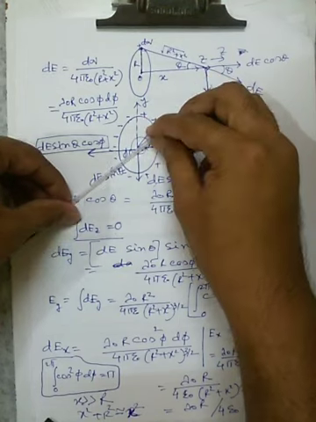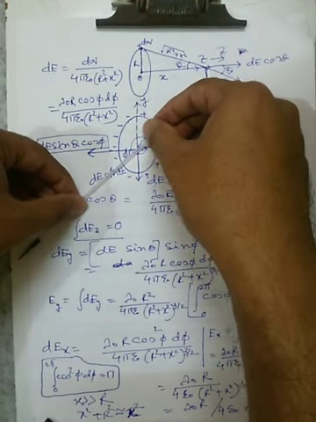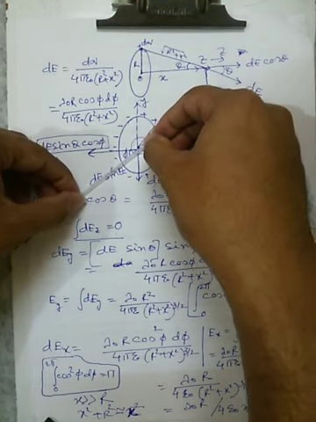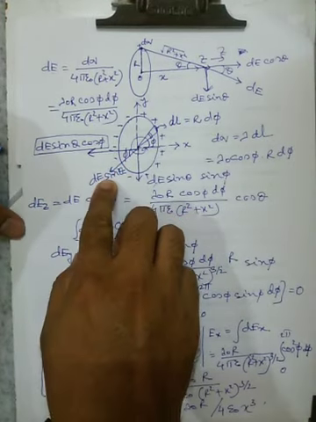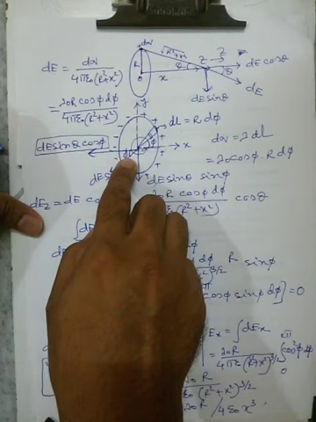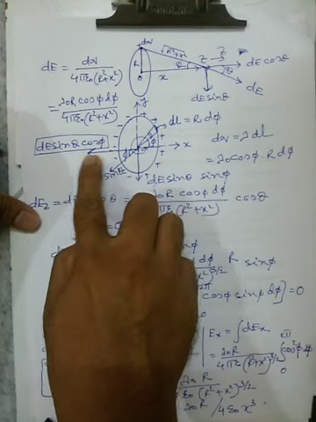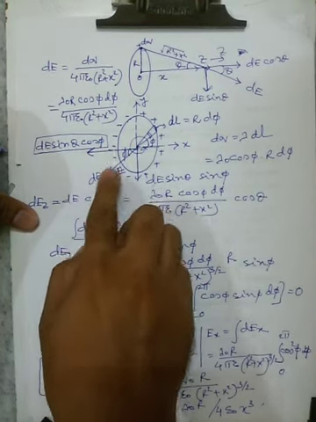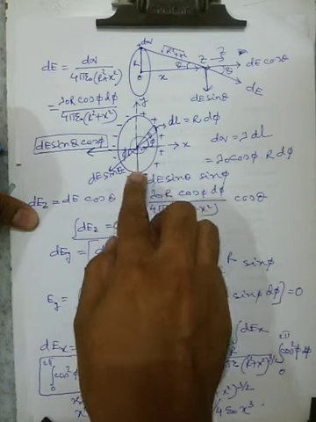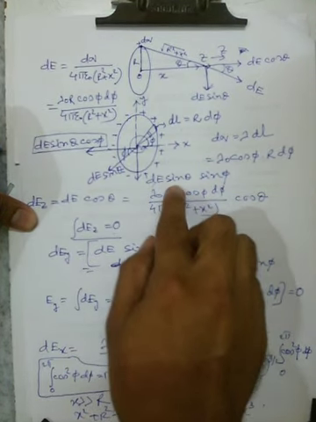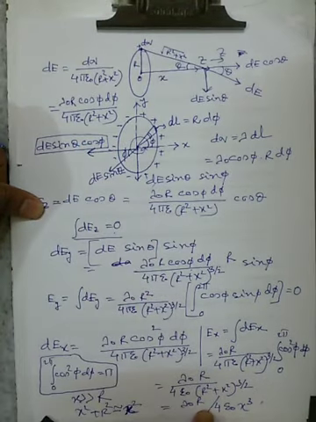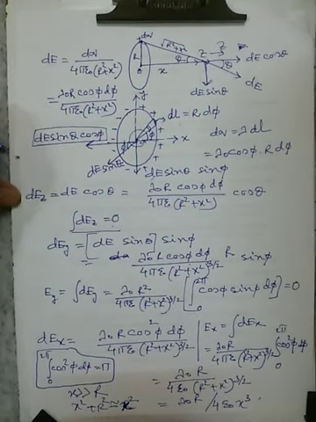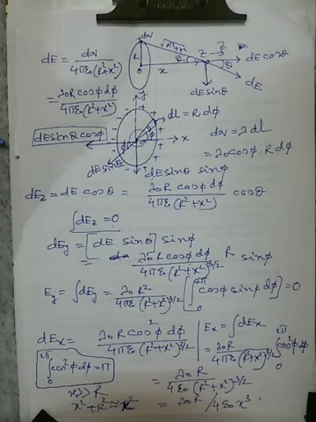So dE sin theta is in a plane which is parallel to the plane of the ring. That means dE sin theta is in this direction. This is dE sin theta. If this angle is phi, this angle is also phi, then dE sin theta has two components, dE sin theta cos phi and dE sin theta sin phi. On integrating, this component becomes 0, so we get the electric field only along the x direction, and the value of the electric field is lambda naught r by 4 epsilon naught x cube.